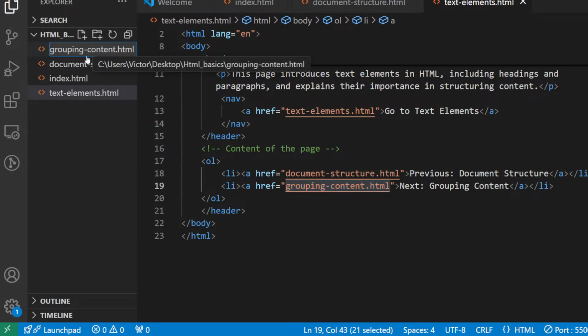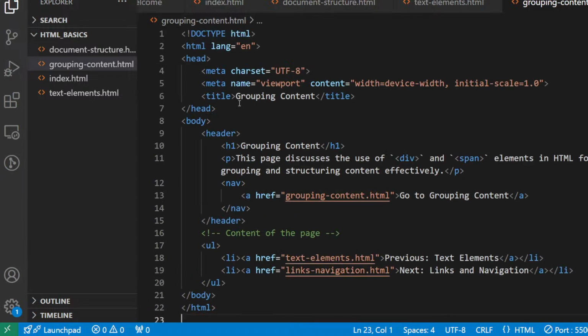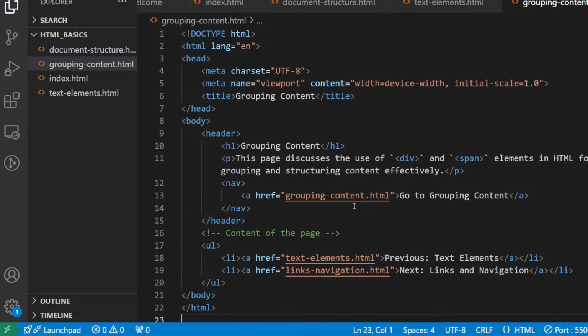So when we create this, the way to get the basic structure for every page is to type an exclamation mark, and it brings the whole structure for you. But I already have the code for grouping content.html, and when I paste it here, I have everything that I need. Basically, we go through the whole page so that I can have an understanding of it. Of course, with ChatGPT you could easily create these things. I'm not trying to show that I'm a Superman who creates everything from my head. But the most important thing is that you should